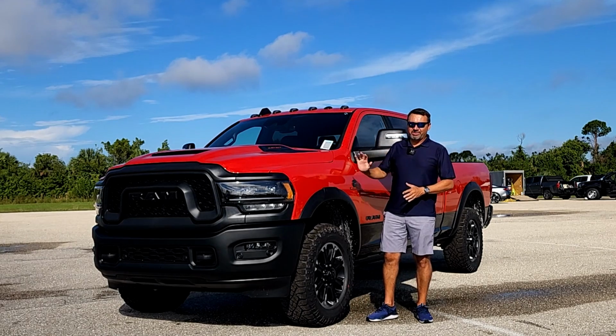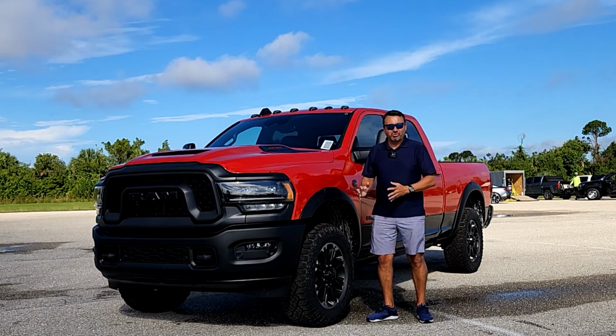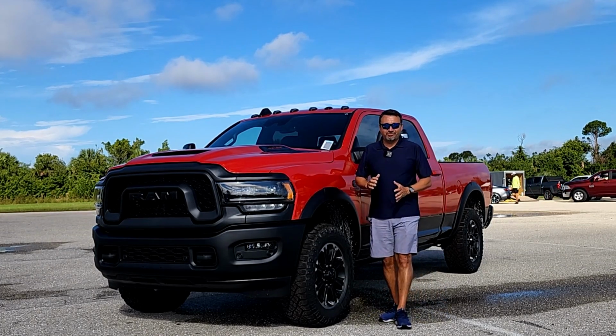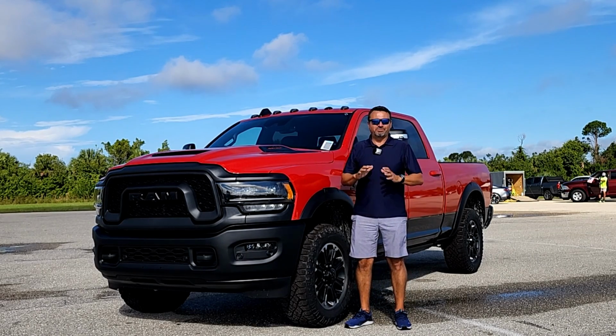Now, this is the Rebel series, so it's more off-roady, it's more tough, it's more rugged. It also has the more expensive 6.7-liter Cummins engine. And today, I'm gonna take you on a complete tour of this vehicle. We're gonna check it out, see what powers up this thing, take it for a spin, play with the technology,